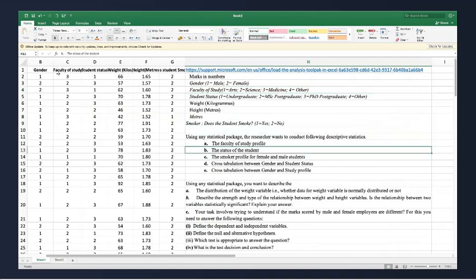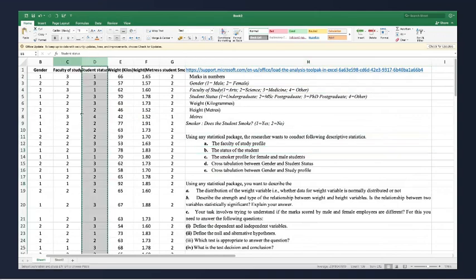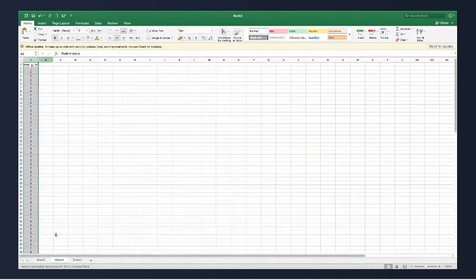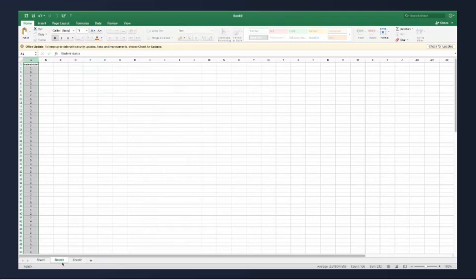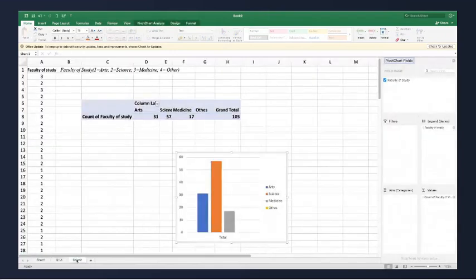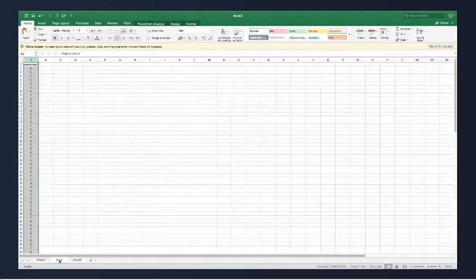Let's take the status of students, student status. I will click on B. I will come to new sheet. Right, status of students. So this question was, earlier question was question 1A, so I'll change the name of the sheet here, question 1A. In second sheet, I'm answering question 1B.